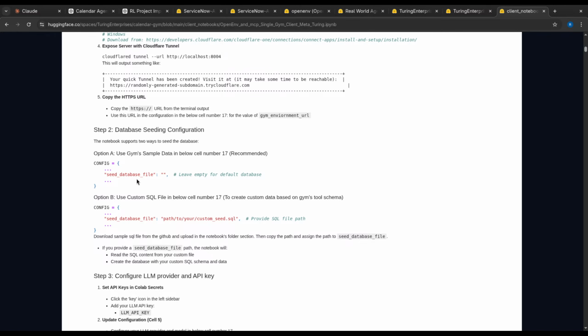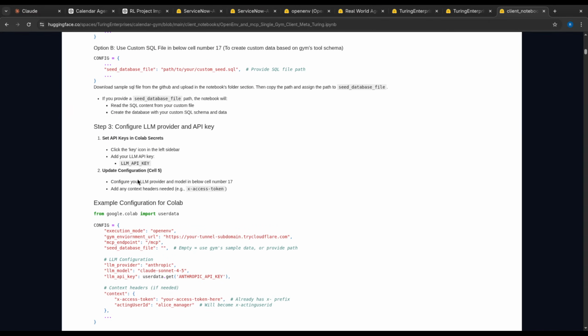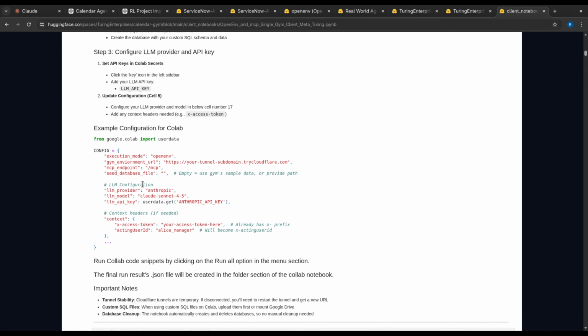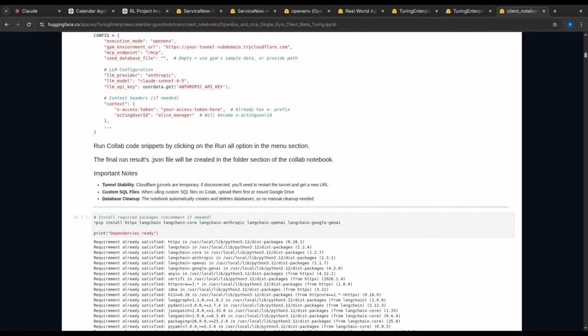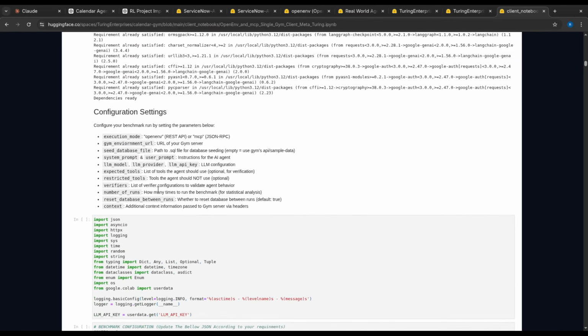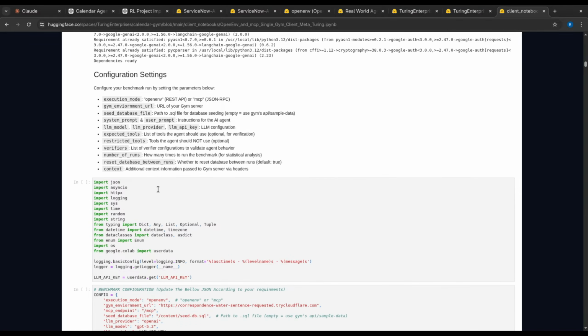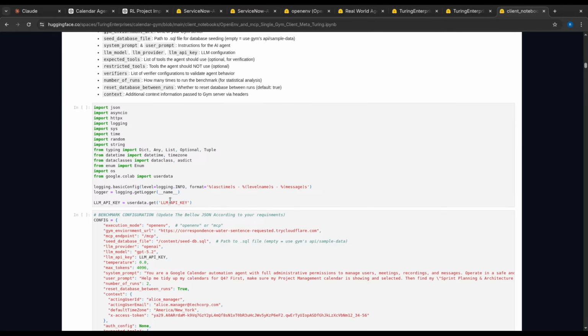Using space data in below cell number 17, so you can see the data is fill data, and you can improvise it. Configure setting, execution mode, gym URL.